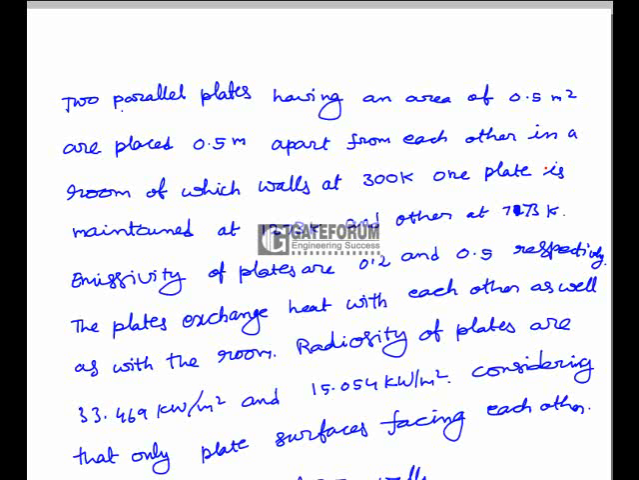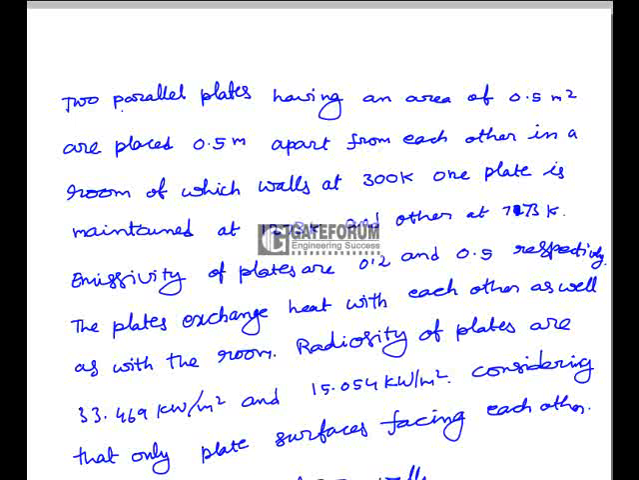Two parallel plates having an area of 0.5 meter square are placed 0.5 meter apart from each other in a room whose walls are at 300 Kelvin. One plate is maintained at 1273 Kelvin and another at 773 Kelvin. Emissivity of plates are 0.2 and 0.5 respectively. The plates exchange heat with each other as well as with the room. The radiosity of the plates are 33.469 kilowatt per meter square and 15.054 kilowatt per meter square. Considering that only plate surfaces facing each other,